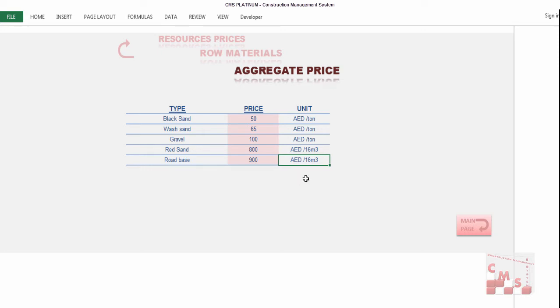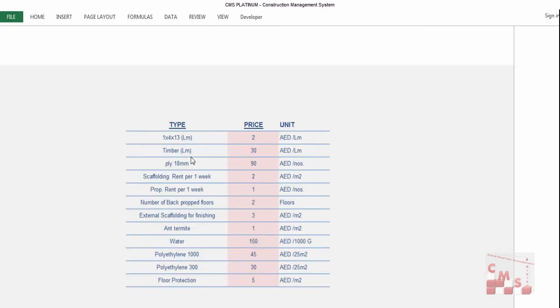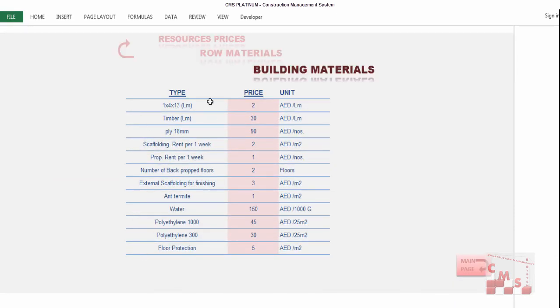This unit shall be fixed because CMS used this unit in his cost estimation calculation. So you will change or modify the price according to this unit. In other words, if you have the price for 50 cubic meters, you will get from it the price of the 16 cubic meters. Back to the resources prices, we'll go for building materials, which are the common building materials